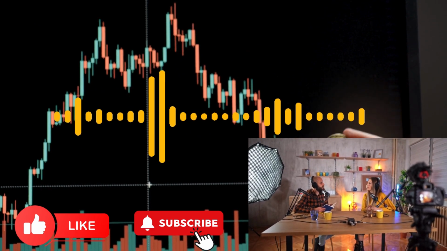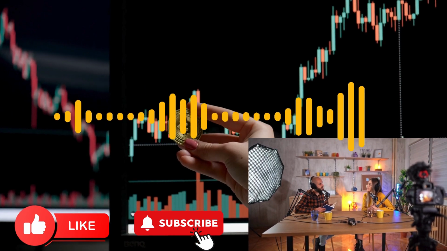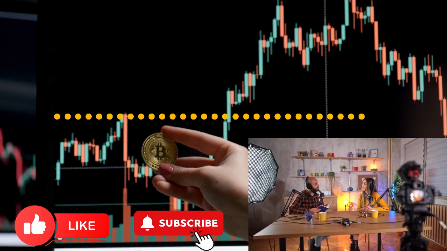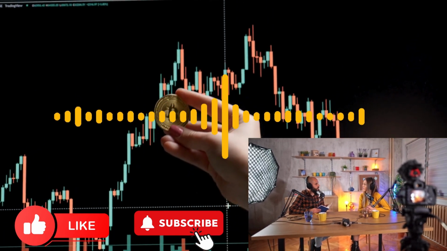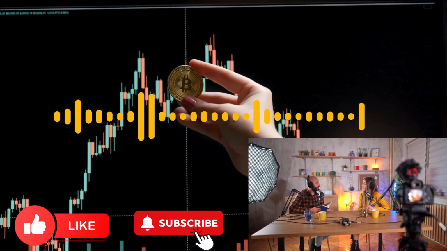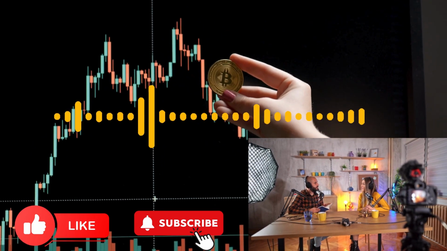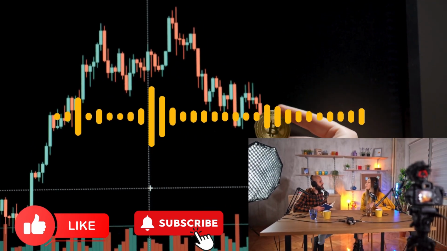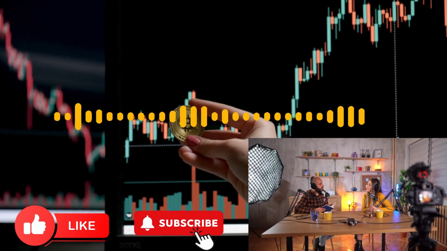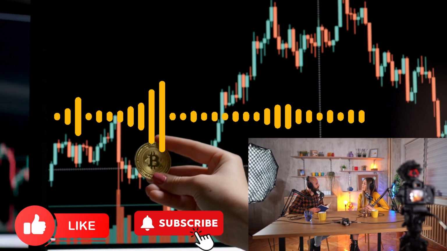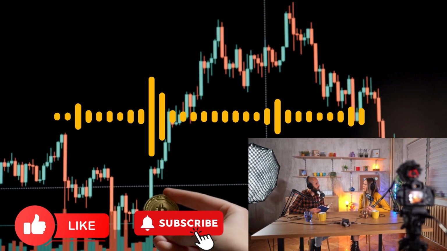The second scenario is called a triangle pattern. This one's a little more complex. It involves Bitcoin rallying upward, potentially even reaching $100,000. But there's a catch. There's always a catch. What is it? It all comes down to something called a resistance level. In this case, there's a key resistance level at $94,600.